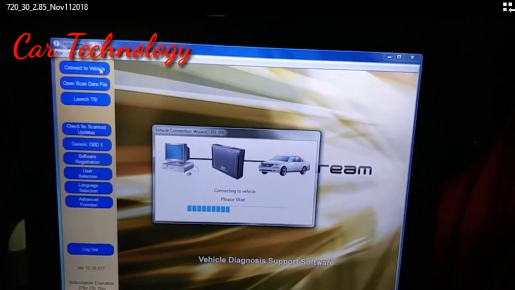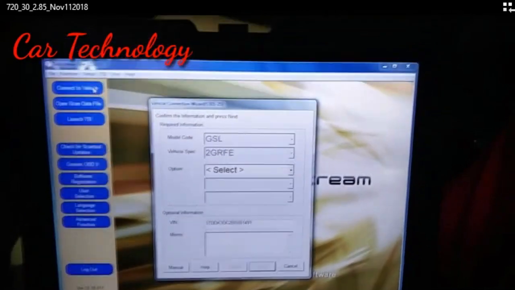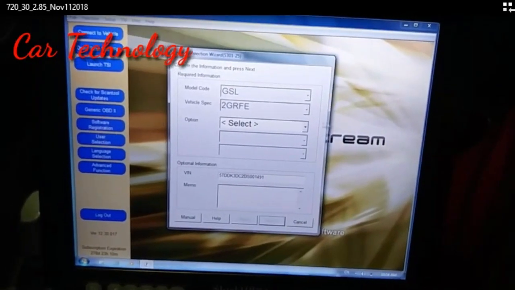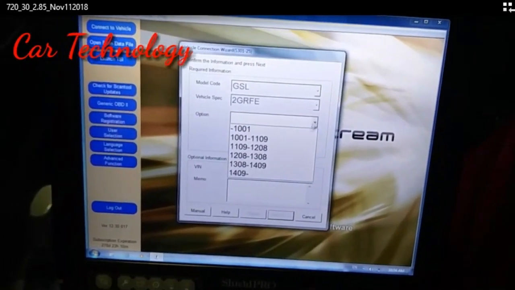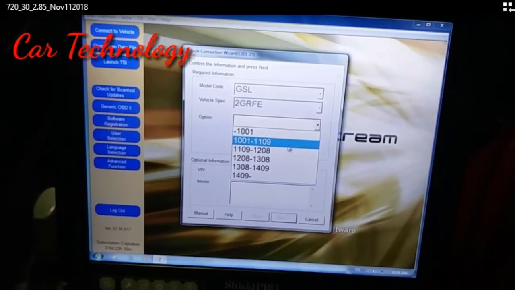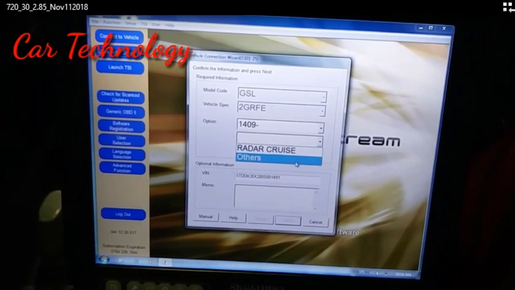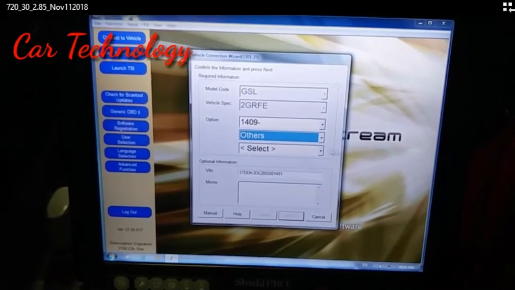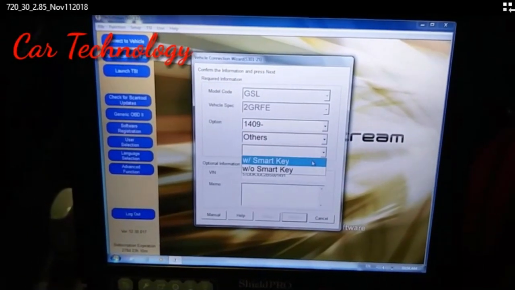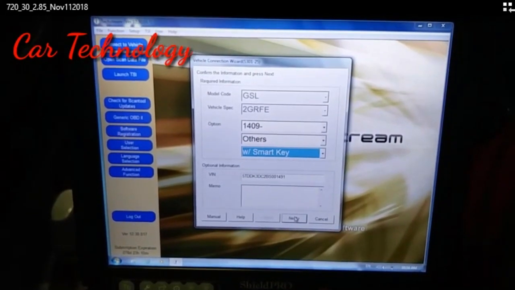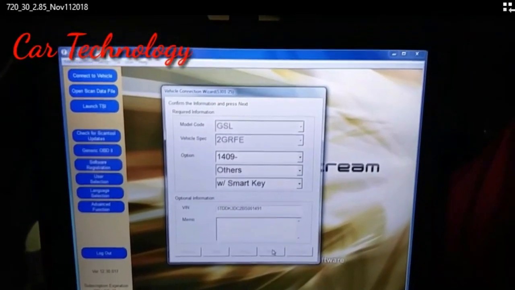The computer is processing. Now select the model of the car and the year of the car. Now select the others, and then next, with or without smart key. Okay, next.